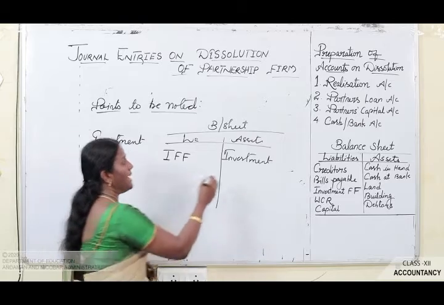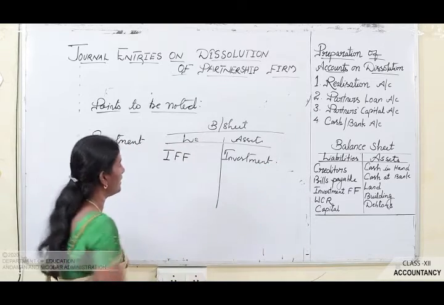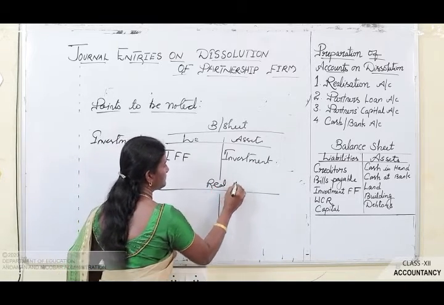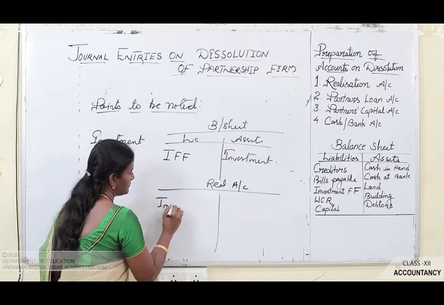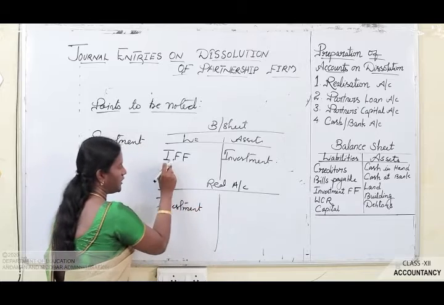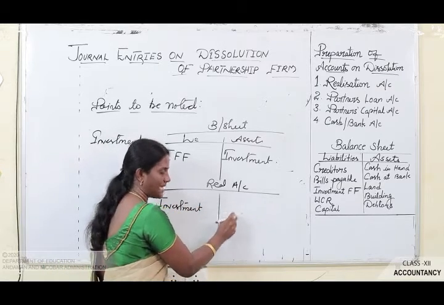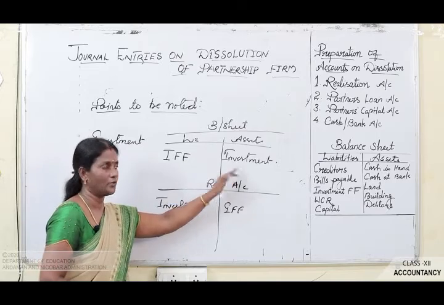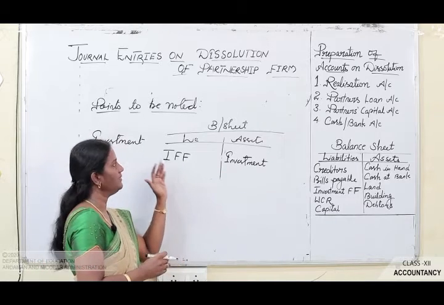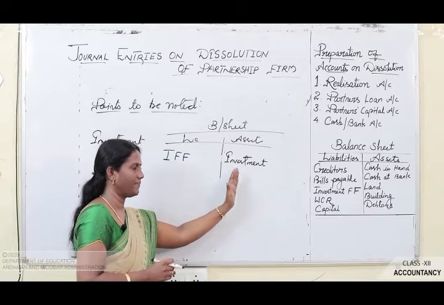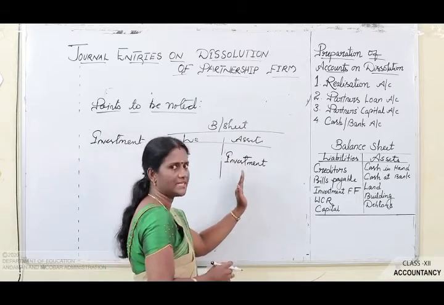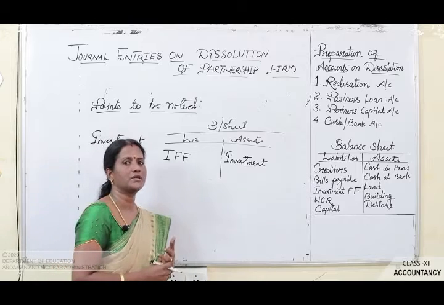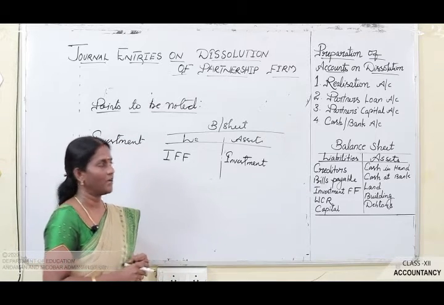मान लीजिए इन्वेस्टमेंट है तो अभी मैंने जो बोला था, you have to transfer the investment to the realization account debit side, and your IFF, investment fluctuation fund, will be transferred to the credit of realization account। अगर ये दोनों दिया हुआ है तो ओके, so investment fluctuation fund is in the liability side and investment is in the asset side। अब इन्वेस्टमेंट नहीं है, मान लीजिए एसेट साइड में इन्वेस्टमेंट नहीं है, तो IFF will not be transferred to your realization account, it will be transferred to the partners' capital accounts in their profit sharing ratio। Okay, the same way